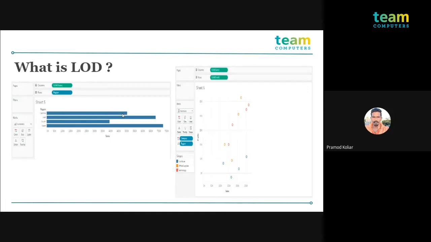But I don't want that particular 6 lakh. I want to aggregate the central region with respect to the state. उसका average perform करना है और मुझे यहाँ पे as a sum दिखाना है. Then वहाँ पे हमारा LOD जो है jumping करता है. What LOD does is what we'll be seeing.